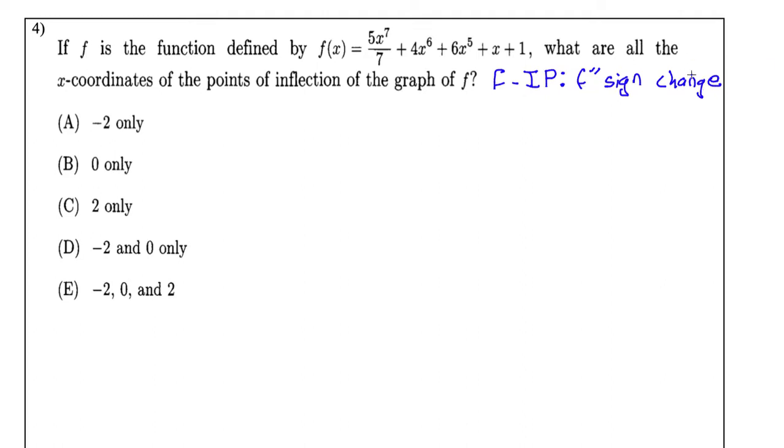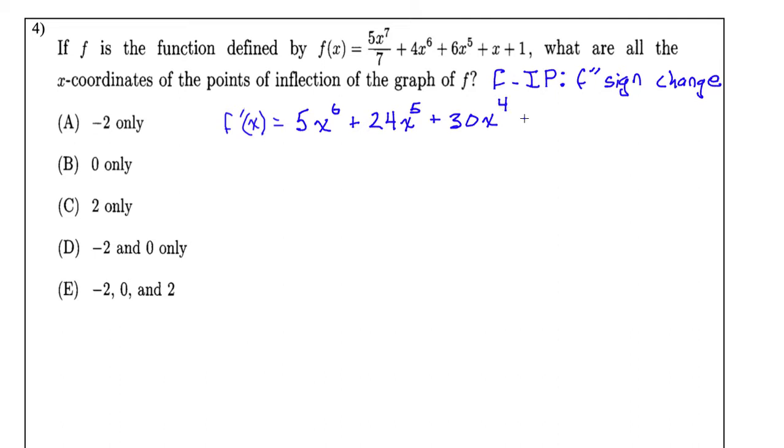So I'm looking for f double prime. I'm given f. I need to take the derivative and then take the derivative yet again. So f prime of x, taking the first derivative, the 7 multiplies down, and then the 7s will actually cancel out if I have a 7 there and a 7 there. So I'm just left with 5x with no denominator, to the power of 7 minus 1 is 6, plus 6 times 4 is 24, x to the power, it used to be 6, now it is 5, plus 5 times 6 is 30, x to the power of, it used to be 5